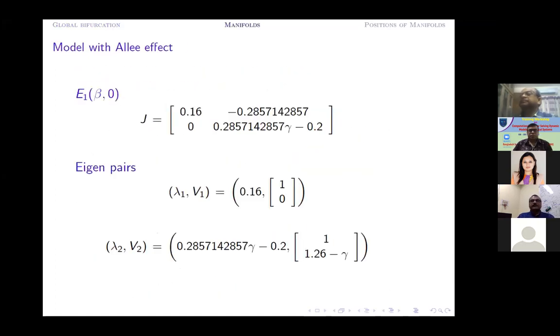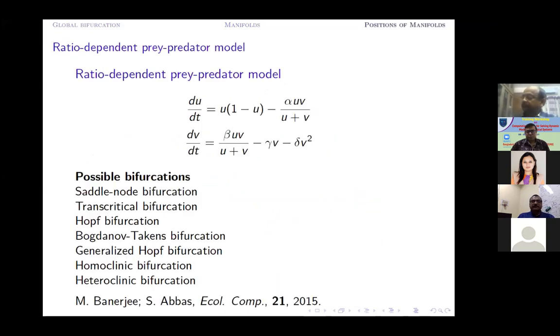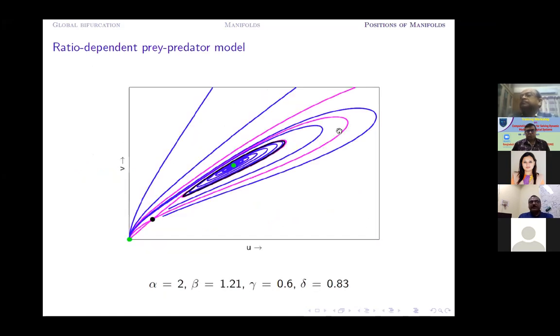So first of all, for nullcline, I explained it yesterday. There are certain restrictions on alpha. There is one family of nullcline you will be having for alpha greater than 1, and another family for alpha less than 1. So that will give you two possible situations, either alpha greater than 1 or alpha less than 1. In this case, this kind of bifurcation will appear for alpha greater than 1. So that's why we have chosen alpha greater than 1, which is equal to 2.